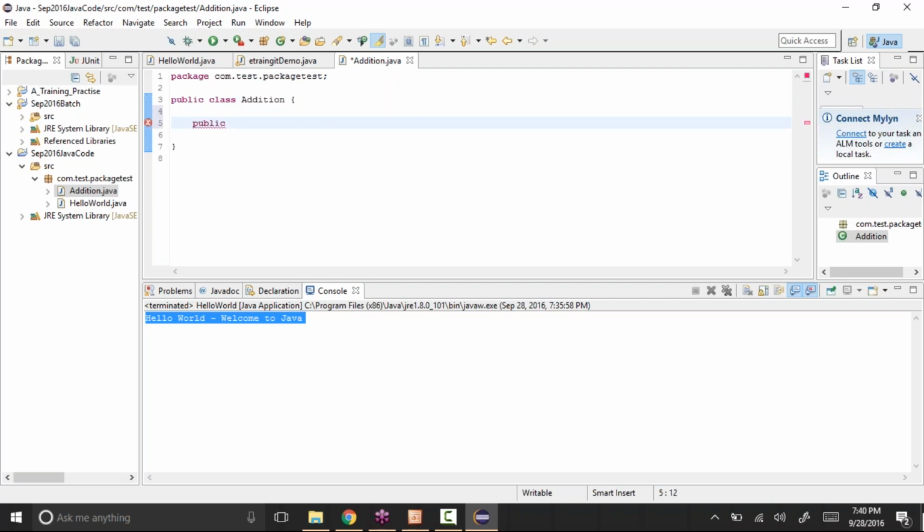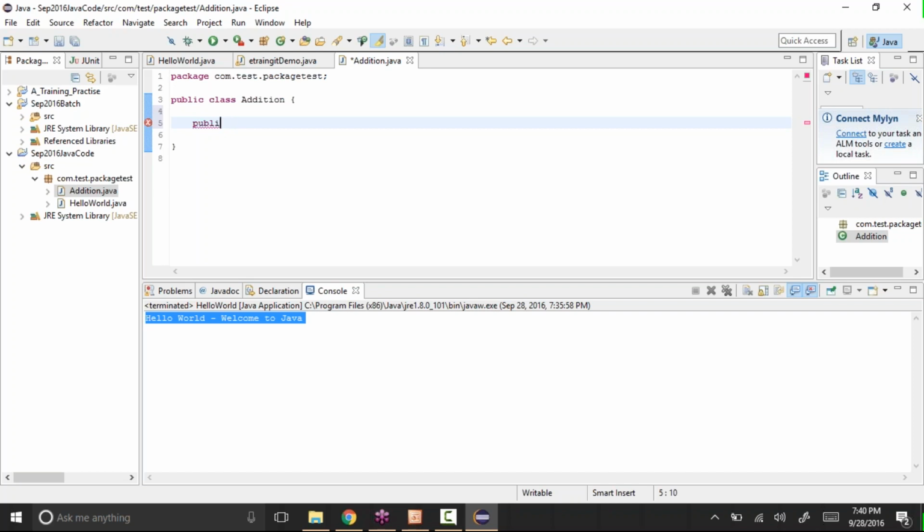Basically, any code that you think you need to use multiple times, we'll create a method for it. You can call it a method, or you can also call it a function. So any code that you want to execute multiple times, you need to create a function or a method for that. How to do that is this.